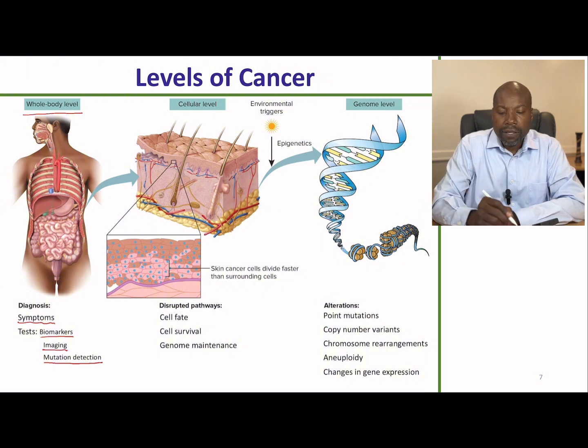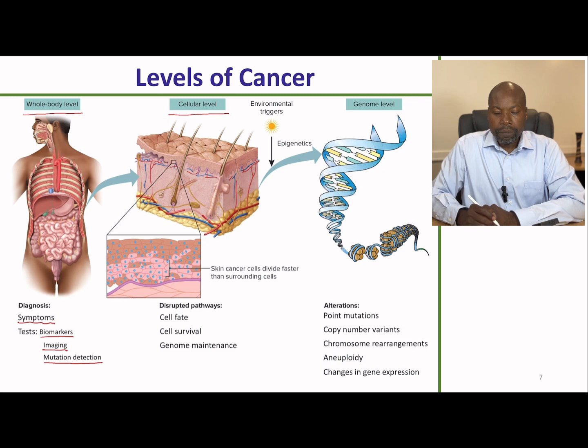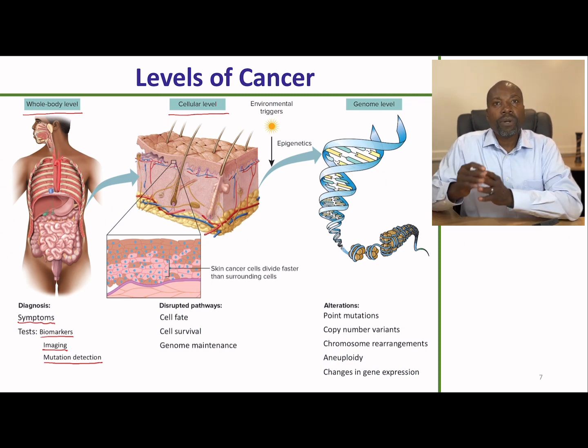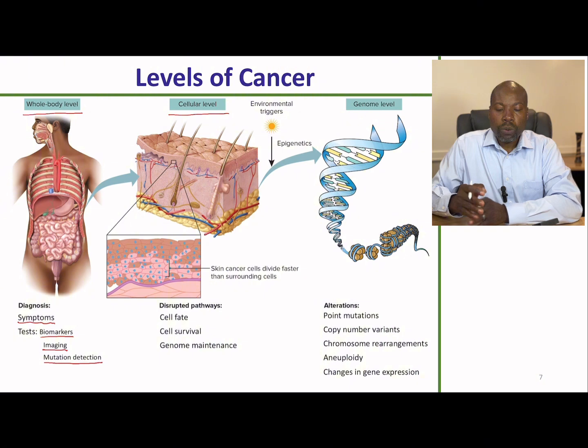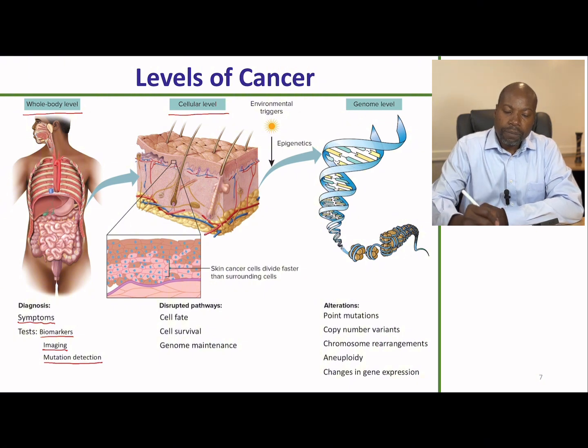Then we have the cellular level. So at the cellular level, some metabolic processes are going to be disturbed. Here we have the skin, and as we look at that skin, we have the epidermis right here, and we have the dermis right here, and we have the subcutaneous layer. Now, if we zoom